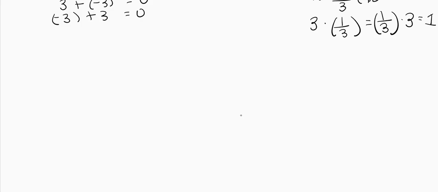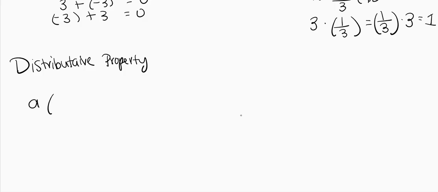The last property is the distributive property. And this is something we use very commonly, especially when we're foiling. So if we have an outside, we multiply to something. So say we have a times b plus c. This is the same thing as ab plus ac, because it's being multiplied to each specific value in here,